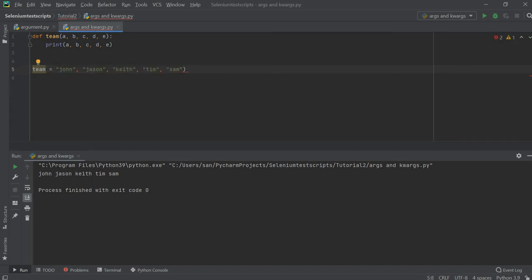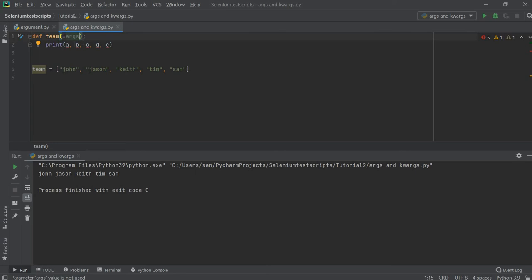The name of the list is team, and as we know the list is put inside square brackets. So this is a list containing the names of the team members, and we can access it by using the asterisk args. args is a convention which we normally use, but you can give it any name, that's not a problem. But try to use the same name, args.